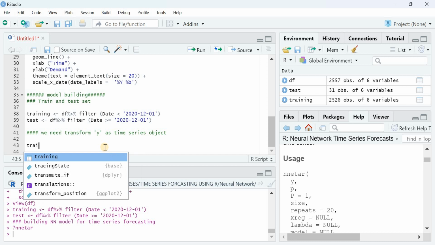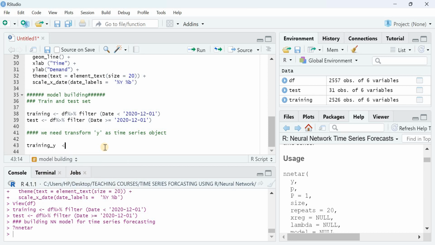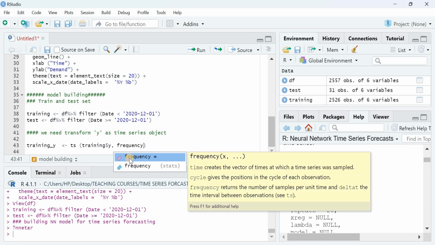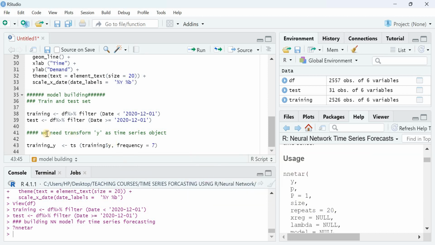So I just call it training underscore y, and I use a function ts which we used earlier. I say it is from my training data. The column name is y, and the frequency I just used is 7 because it's a daily data. And I'll give you some instructions here. You can mention 7, you can specify 7 if it is a daily data,